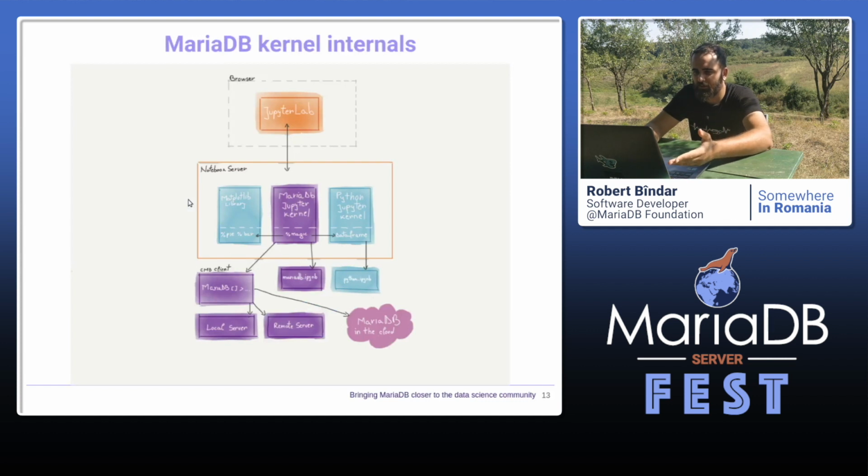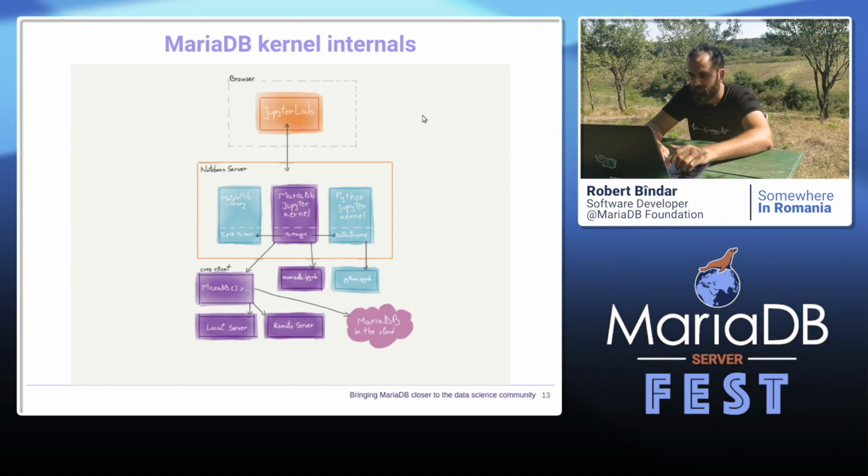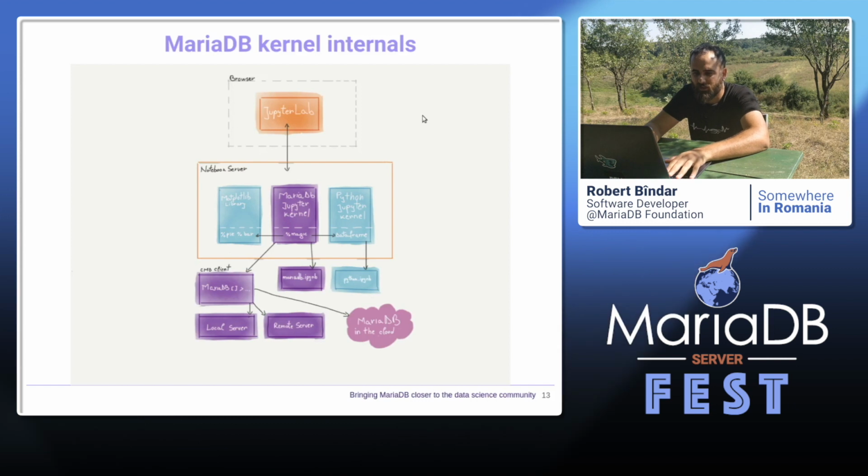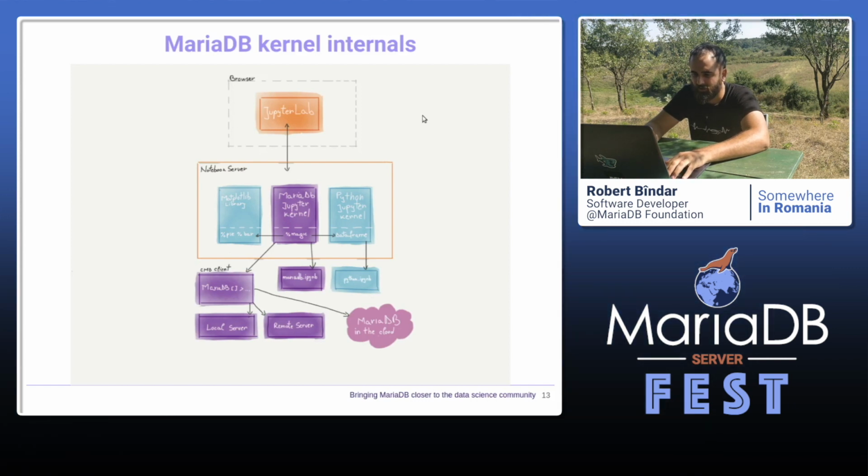And I would love to dive with you a bit deeper into how the kernel works and fits inside the Jupyter Notebook ecosystem. So, in the top part of the diagram, you have your browser with the JupyterLab or Notebook web application. When you write your code inside the notebook and you execute a cell, the web app sends a message to the server side of the notebook containing as payload the code you just wrote. And when the message hits the notebook server, it is pre-processed and immediately forwarded to the already spinning MariaDB kernel.